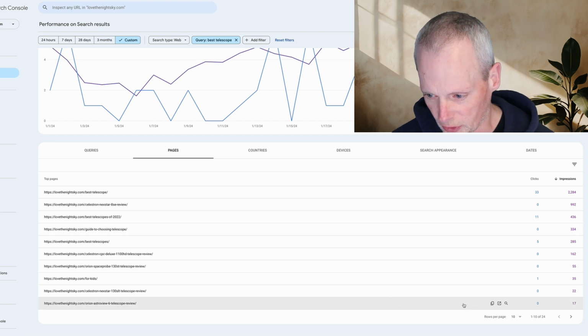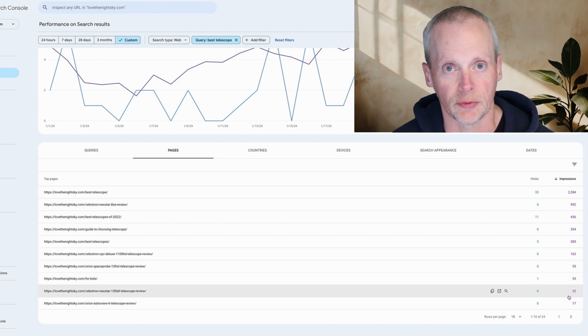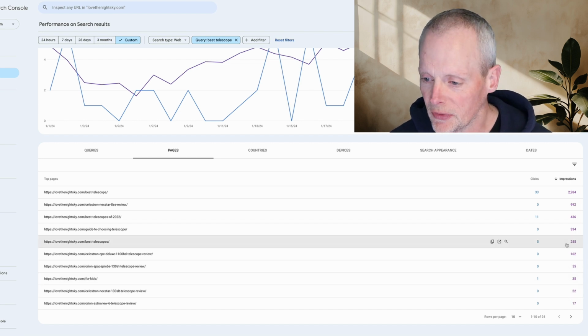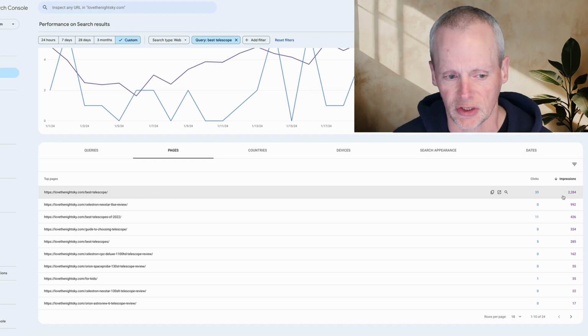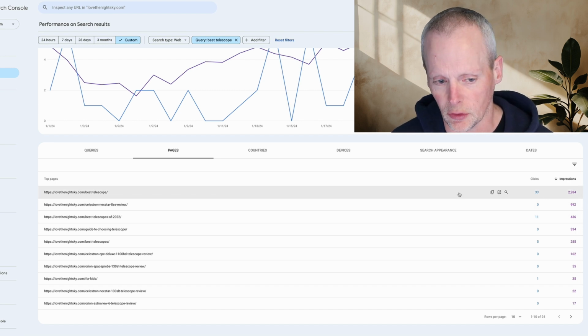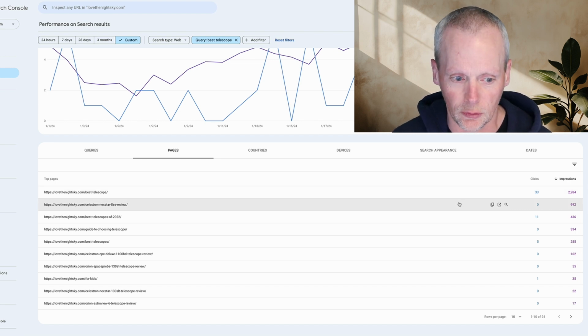Now some of them I'm not bothered about because they barely appeared at all. So these 4 at the bottom I could ignore safely. But these 3, 4, 5 at the top, this is a month's worth of search activity. Now thankfully Google likes the best telescope page for best telescope, but it also really likes a model review here,